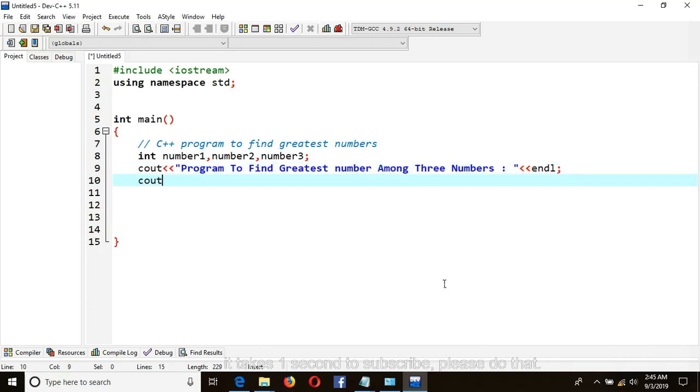So send the message to the user so that the user may know what he or she is supposed to do: "Enter three numbers",